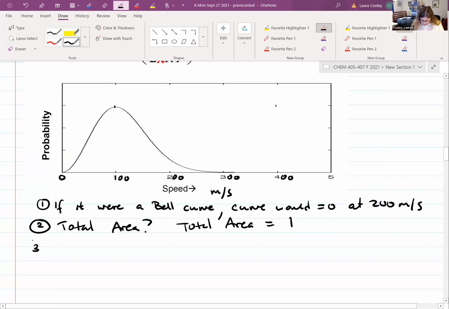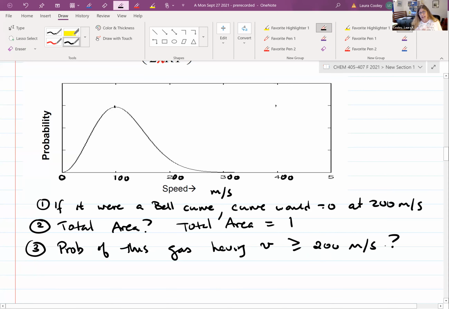But I wanted to bring up the subject of area, because the total area is the total probability of having any speed. What's the probability of this gas having a speed greater than or equal to 200 meters per second? That's the kind of information that knowing an average cannot possibly tell you, but knowing the Boltzmann distribution curve can tell you that. Because here, this area here,